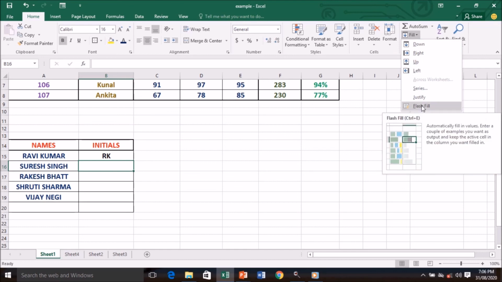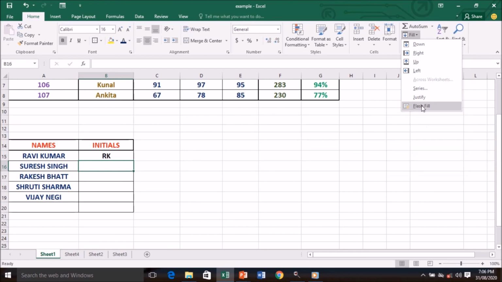That's all. Just see what appears in the initials column. See, what has happened? Excel has automatically identified the data pattern and filled the worksheet for you. This is your Flash Fill feature.